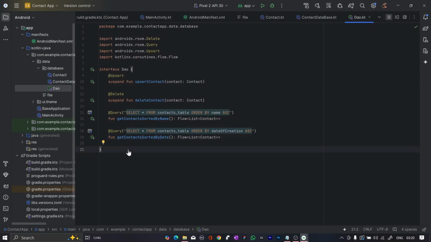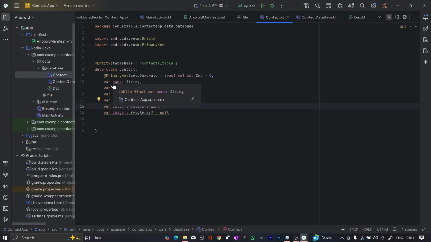नाउ व्हाट वी आर गोइंग टू डू इज़ everything we have done here। हमारे 4 functions थे, upsert, delete, query, and 2 query functions थे, and that we have done right here, contacts table order by user name। यहाँ पर हमें यूज़र नेम करना था, आई थिंक हमने यहाँ पर कुछ गलती की है। हमने शायद कॉन्टैक्ट्स में जाकर नेम दिया है यहाँ पर, एंड वी एक्चुअली रिक्वायर हेयर द यूज़र नेम। बस इससे कोई इम्पैक्ट पड़ेगा तो नहीं ज़्यादातर, आई थिंक।